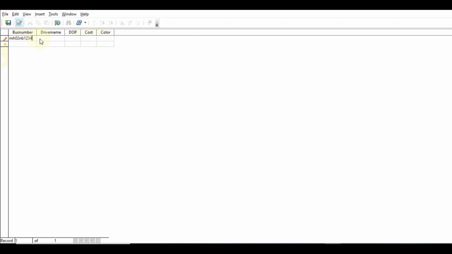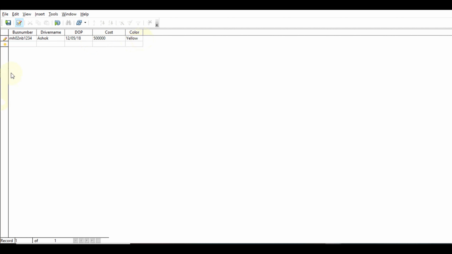This is the bus number of the first bus. Name is Ashok. Date of purchase is 12/05/2018, and here the date we are getting in the format DD, MM and YY. Cost of the bus I am considering as 5 lakh, and the color is yellow.